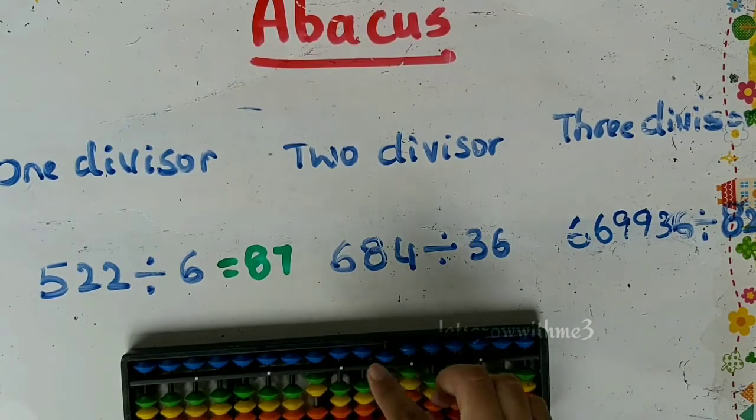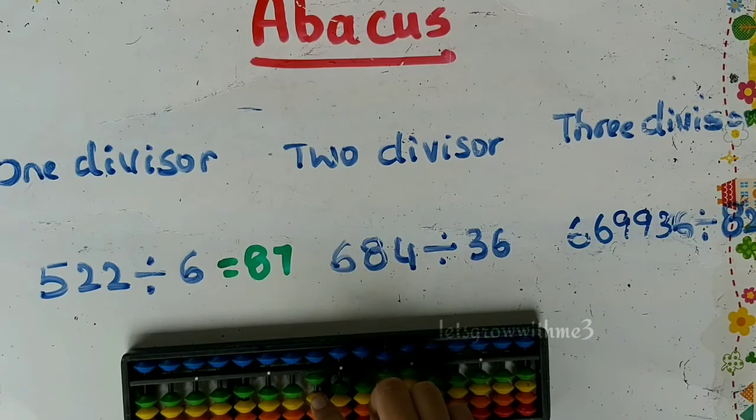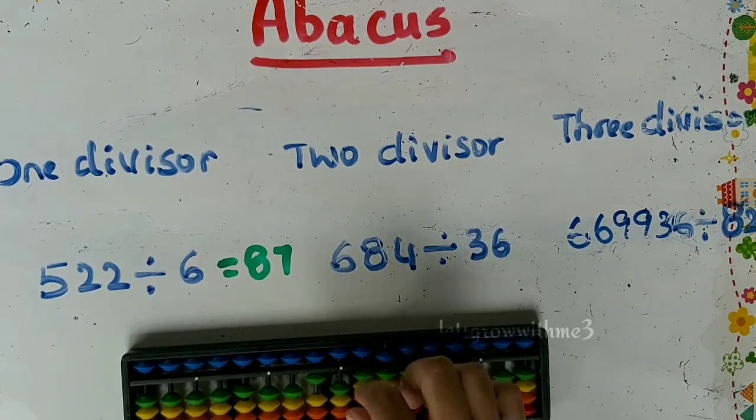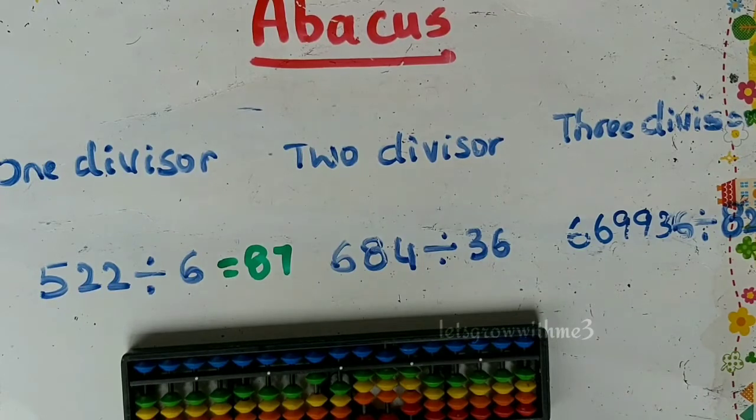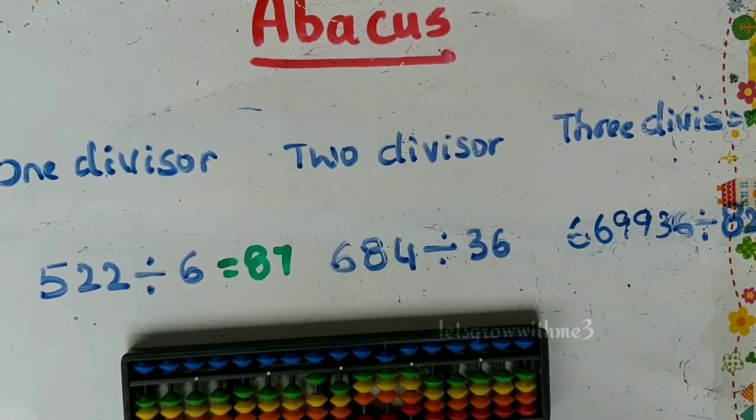So what we need to do, we need to take only 1 as our divisor. So I need to put back my 3 here. So I need to remove 1 bead. 1 times 3 is 3, so add that 3 over here. So now I take it as 36. 68 minus 36. Take 1 time, that means I must remove only 1 3 from 6.